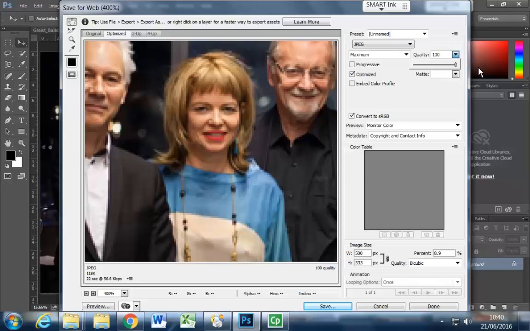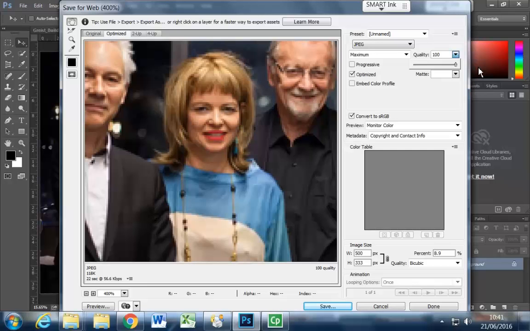72. No good. But if I'm just exporting a JPEG by going File, Export for print, quality slider on absolute maximum, and resolution, I've gone into image size and I've set my resolution to 300, I can tell you, if I do that and I send that image to print,